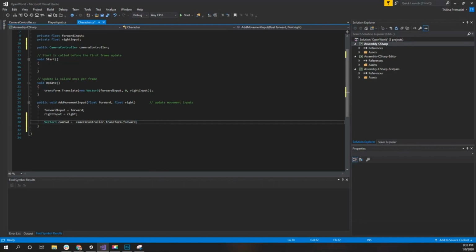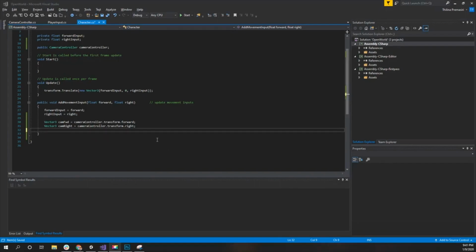Alright, now similarly let's define another variable cam right, and let's get the right angle as well. Then